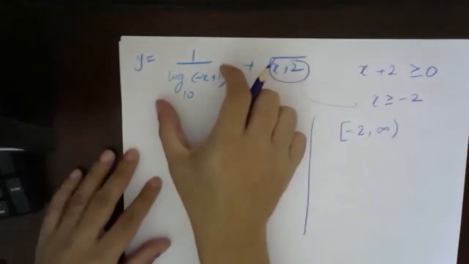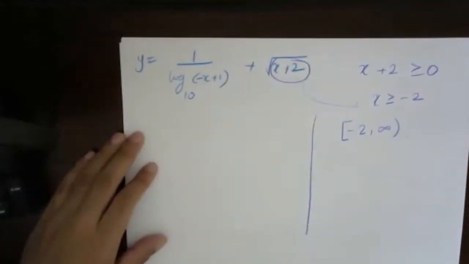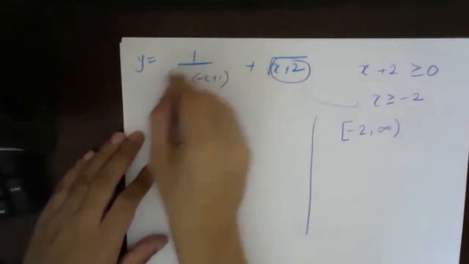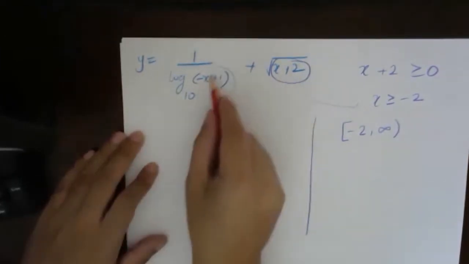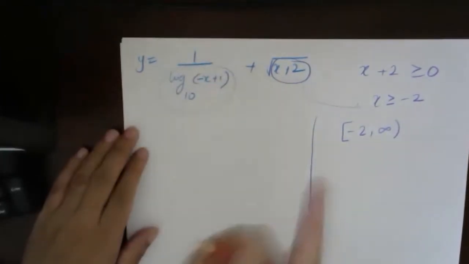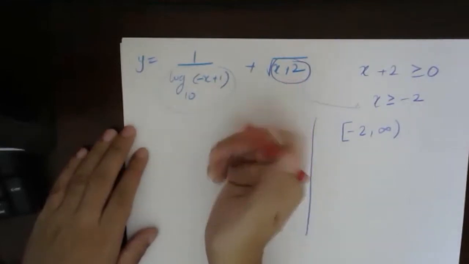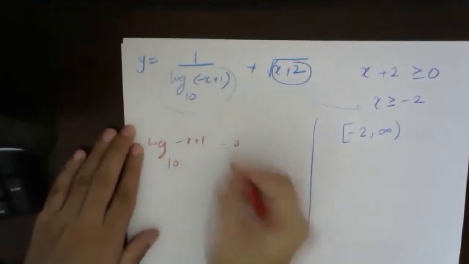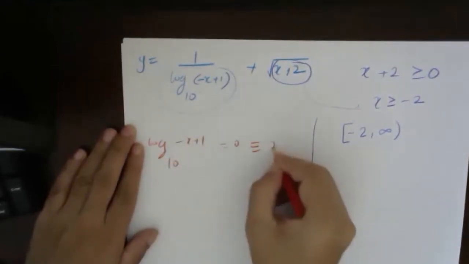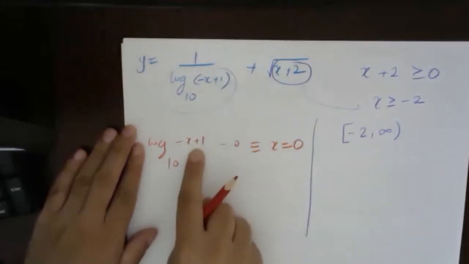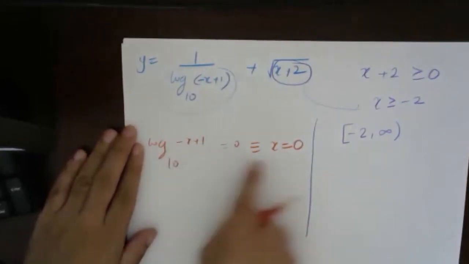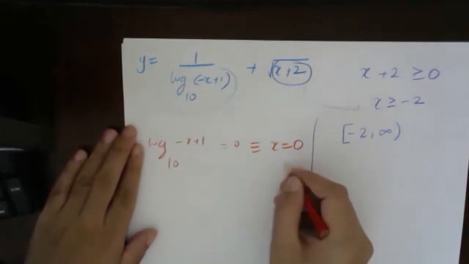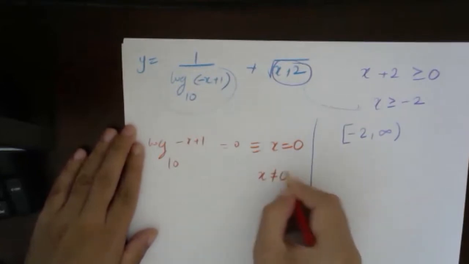Okay. Now we'll find for this one also. Now remember, this thing is in log. So first thing is that this denominator cannot be equal to 0. So first I will find out when this denominator is equal to 0. So log base 10 of (minus x plus 1) should be equal to 0. That means x should be equal to 0. For x equals 0, you will get log 1 base 10, which is nothing but 0, right? So first thing is that I have to exclude x equals 0. That means x cannot be equal to 0.